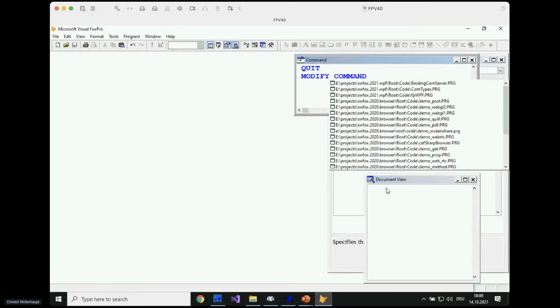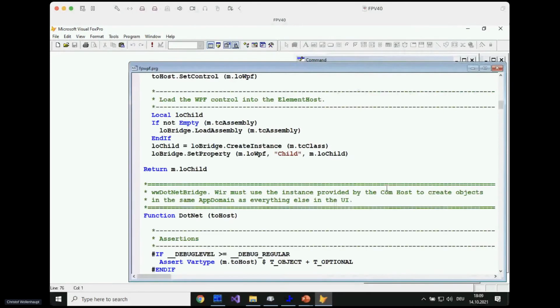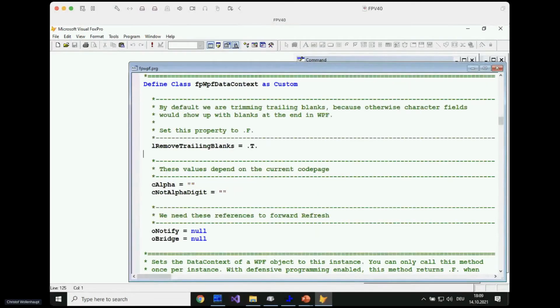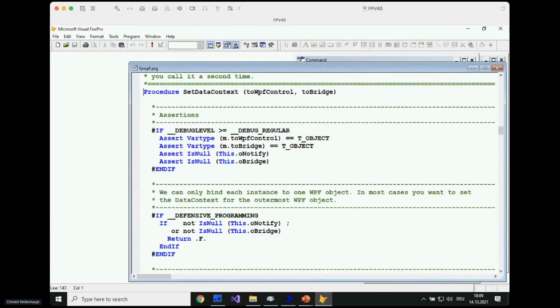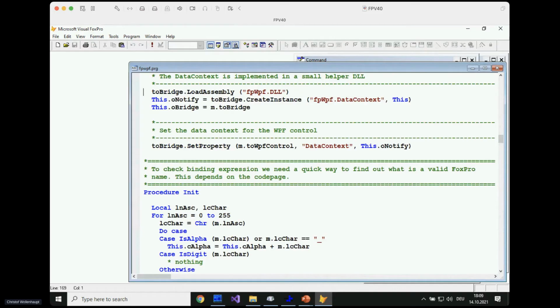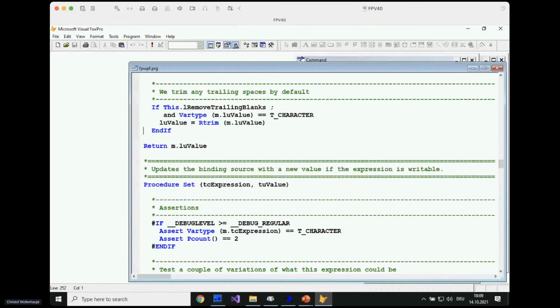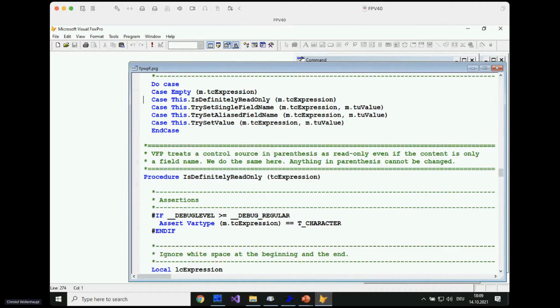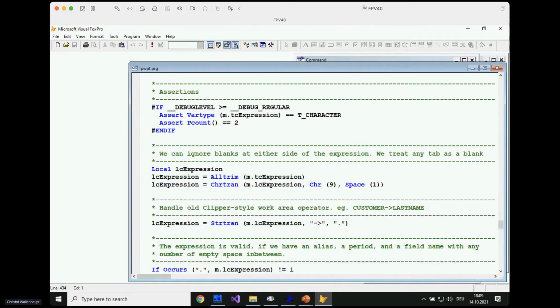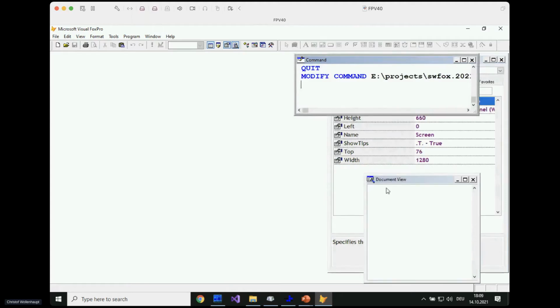In this case, we are using WPF again, and we have another class in there. It's a data context class. The data context class is similar to what we've seen in C#. It's creating a data context object, which is then calling the get methods and the set methods in this class. And this is then passing the expression. So it's a read-only expression. It's a single field name. It's an alias field name. And it basically updates fields and everything. We don't have to look at the code because we are only going to use this. So